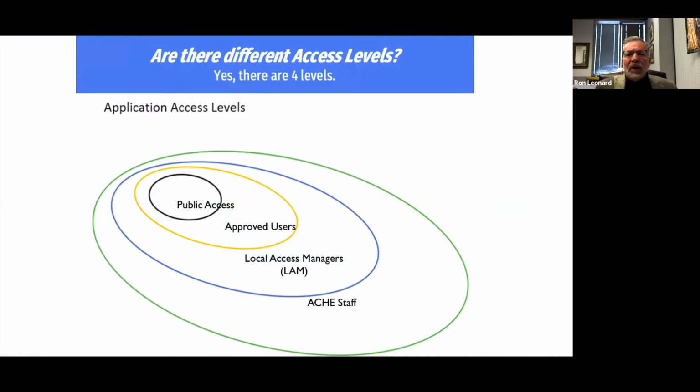Now, there's multiple levels of access. There's even a public view. If you go to that URL I just shared with you, fafsa.aic.edu, the general public can see how school districts are doing as well as how schools are doing. And there's a number of nice visuals that they can use.